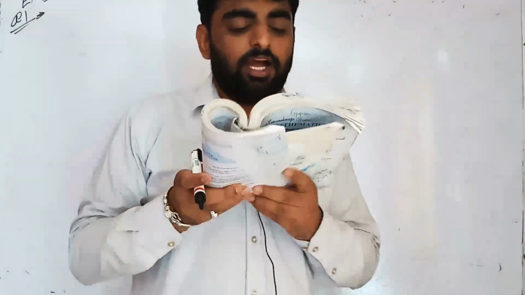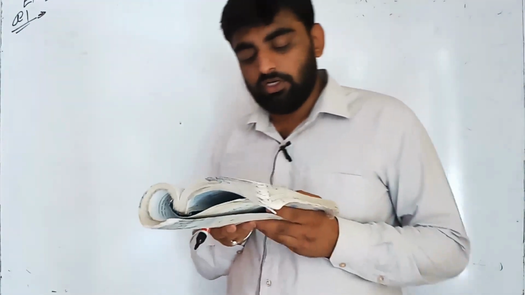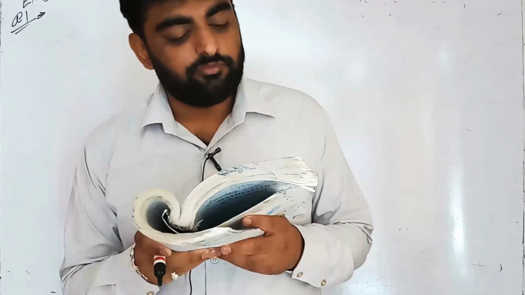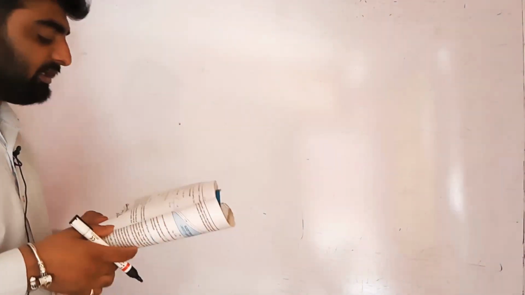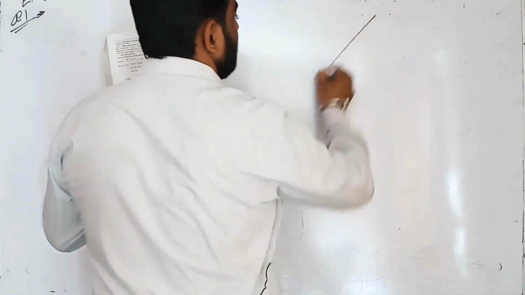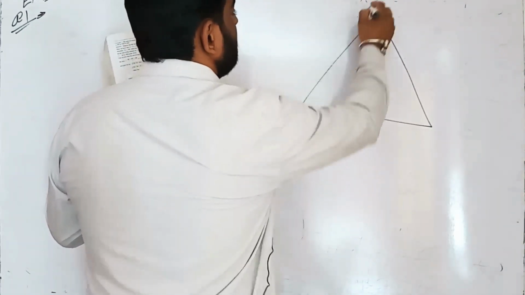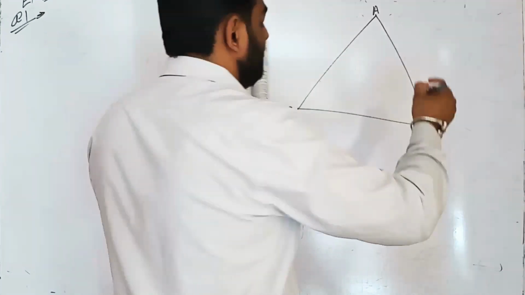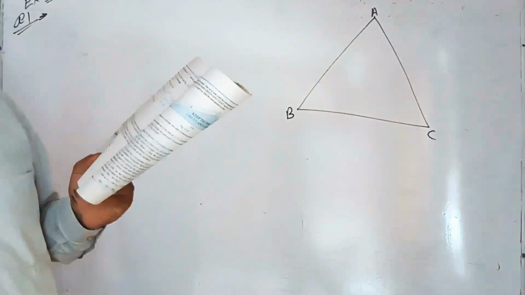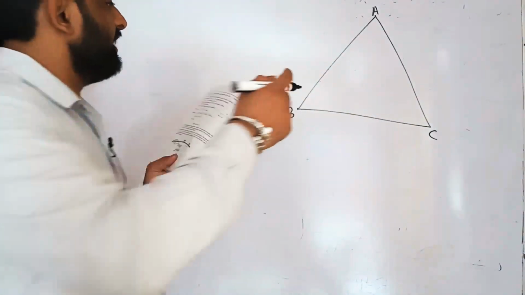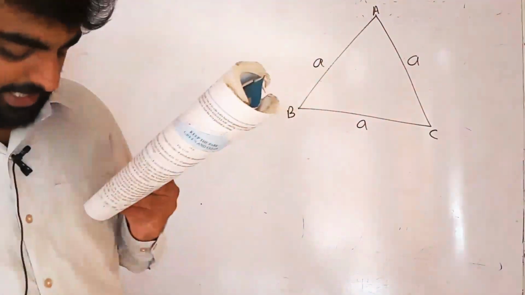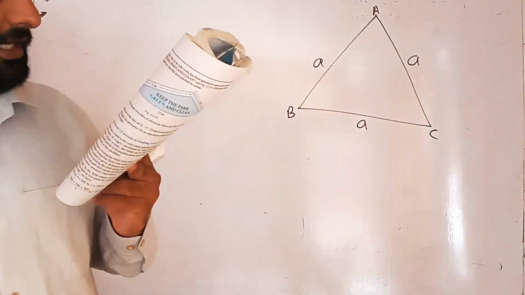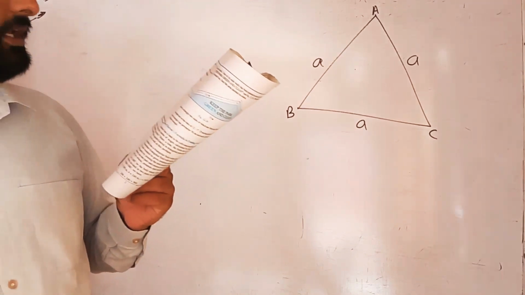A traffic signal board indicating "School Ahead" is an equilateral triangle with side a. Find the area of the signal board using Heron's formula if the perimeter is 180 centimeters. It means a signboard is given, which we take as triangle ABC. Each side is equal, so we can say that triangle ABC is an equilateral triangle, students, and the perimeter is 180 centimeters.